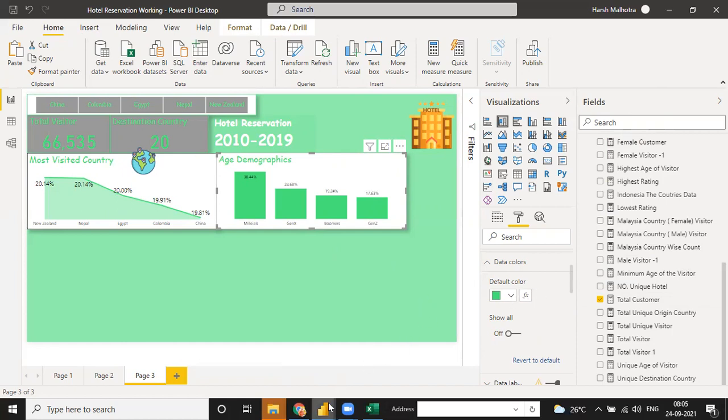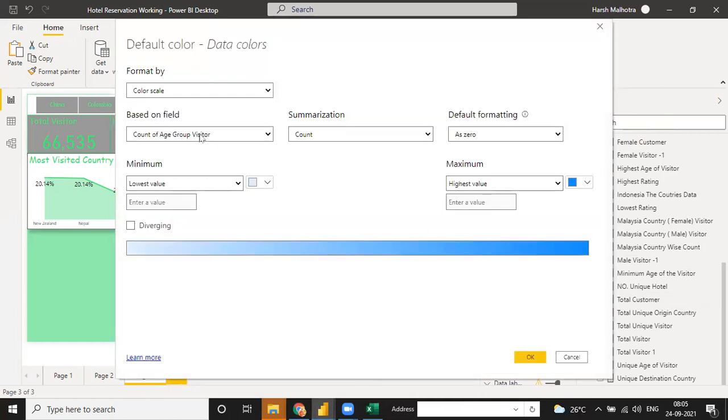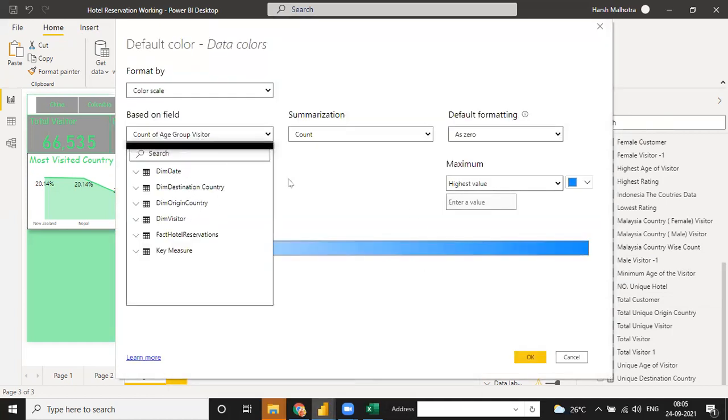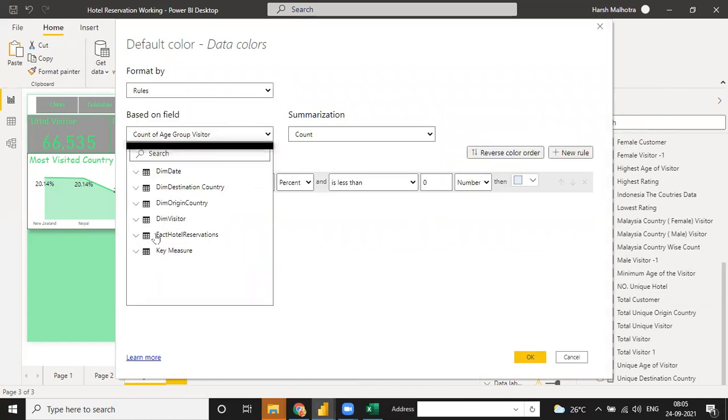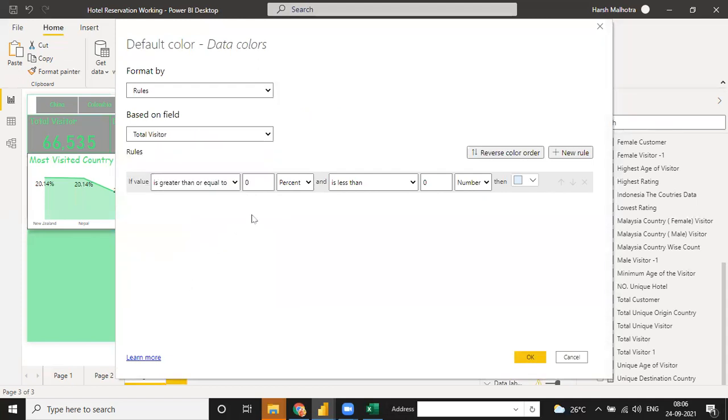I'm using conditional formatting here. Color scale, low instead of low light. The key is the total visitor.